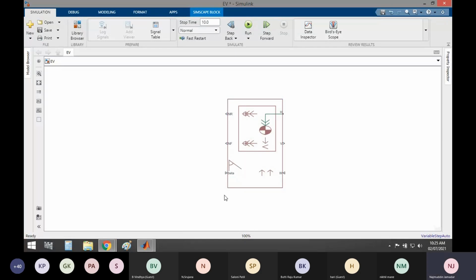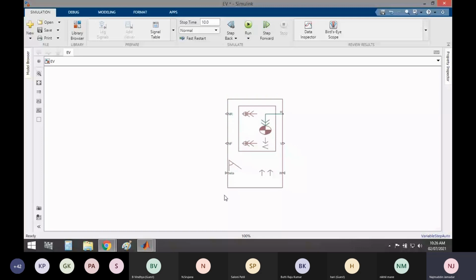Instead of designing a physical vehicle, it's better to go with the MATLAB solution, because the physical design of a vehicle may require a time span of 1 to 2 months. We have to bring all the components, design from scratch, then manufacture, then test the parameters. That requires time and cost. With MATLAB Simulink, we can design a whole vehicle and test it, and afterwards go for the actual design. This saves your time and your money also.